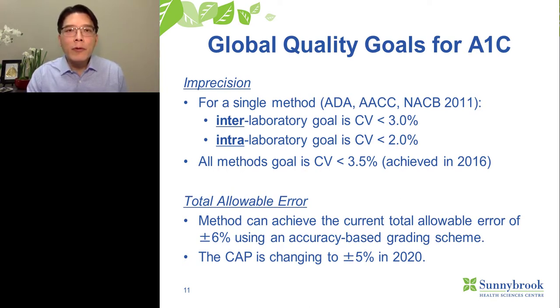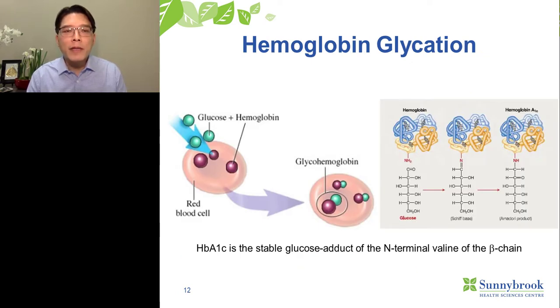So before we go into specific aspects of PT, let's do a quick refresher of exactly what is hemoglobin A1c. So glucose that's in circulation enters our red blood cells. This is taken up by the red blood cells, and it can attach itself to the hemoglobin molecule. So on the left-hand side, this is illustrated by the uptake of the glucose, and on the right-hand side, I've shown to you